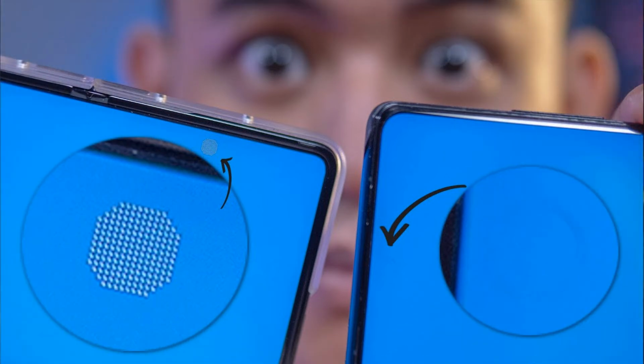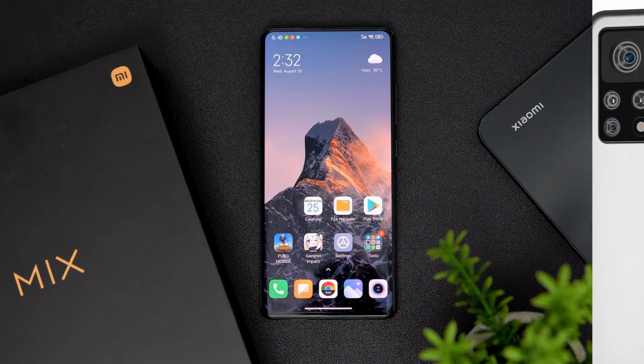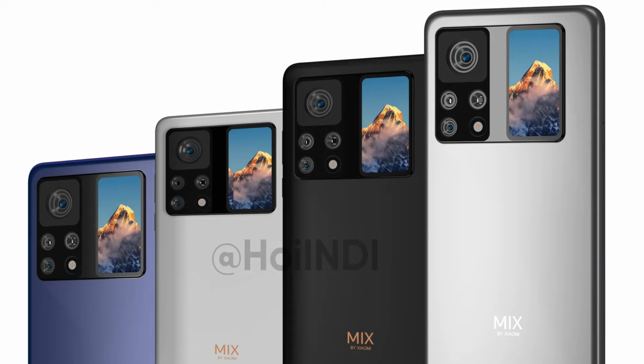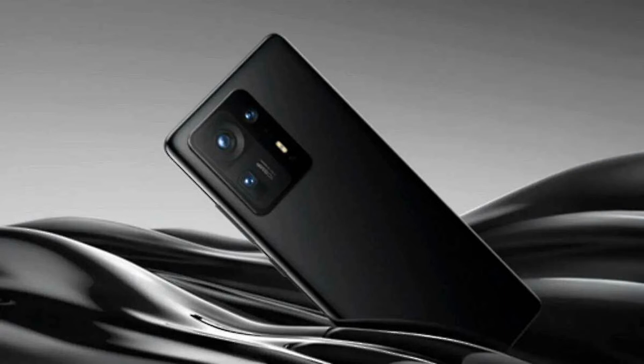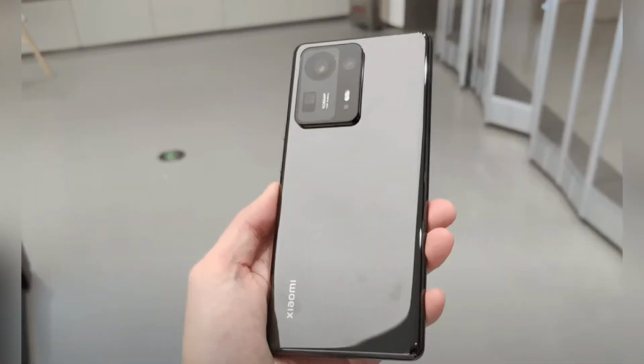In China, the phone starts at 4,999 Chinese yuan for 8GB RAM and 128GB storage, and that price converts to around $770, £560, 1,050 Australian dollars. The company's prices tend to be higher in other regions though, except the US, where Xiaomi doesn't release its phones at all, so even if the Mi Mix 4 did get a global launch, it'd likely have a premium cost. For higher specs, there's also a 5,299 Chinese yuan, roughly $820, 590 pounds, 1,110 Australian dollars,